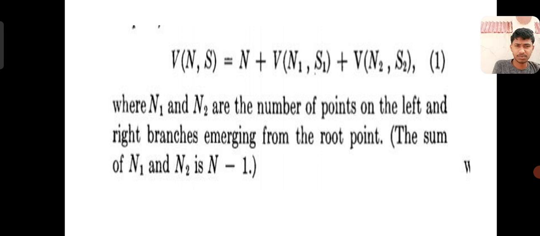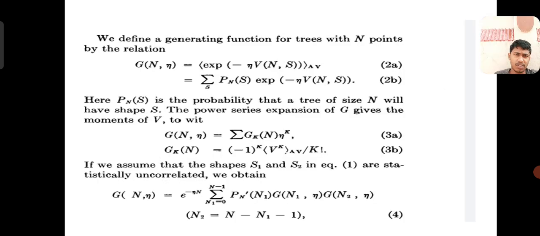The sum of n1 and n2 is n minus 1. We define a generating function of a tree with n points by defining G(n, s) as e to the power minus V(n, s)